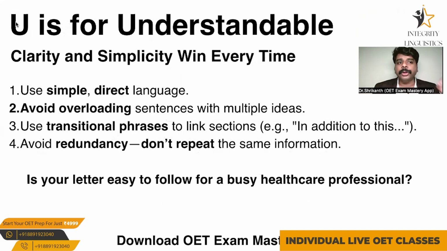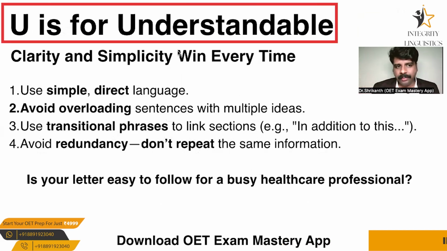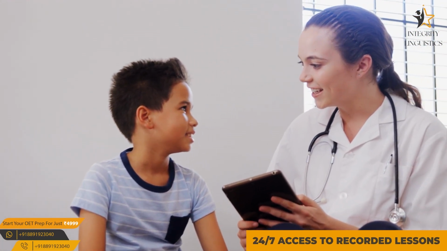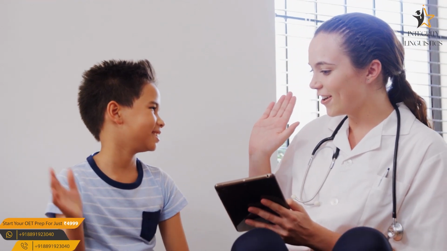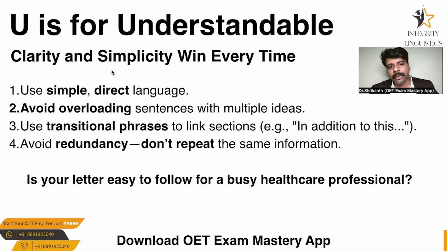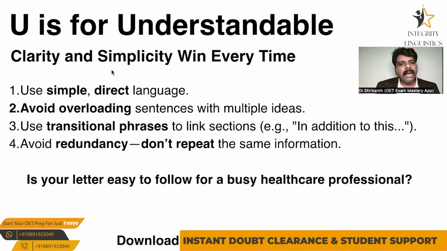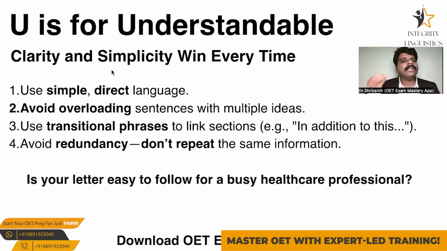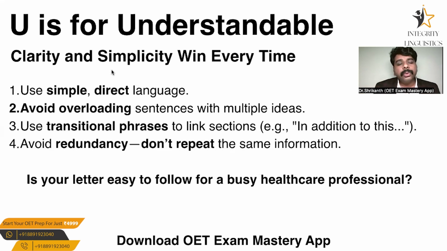Now the second last one is U. U is for understandable. Clarity and simplicity win every time. If you want, you can write in a very chaotic manner, in a very confusing manner, writing random information in random paragraphs, writing incomplete sentences, overwriting all the information, exceeding the word count, or writing much less, basically writing which confuses the reader. You may have written 200 words, but it does not clearly convey the message that you want to convey, right? So make sure that the reader, whoever is reading your letter, will be able to understand your letter